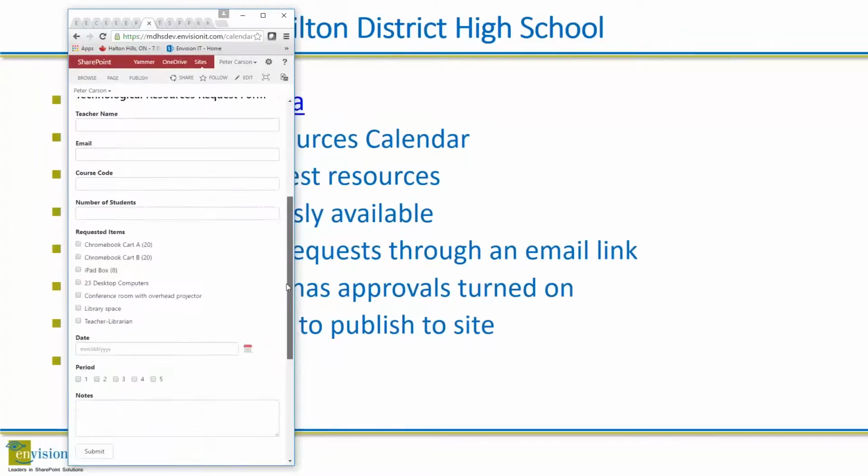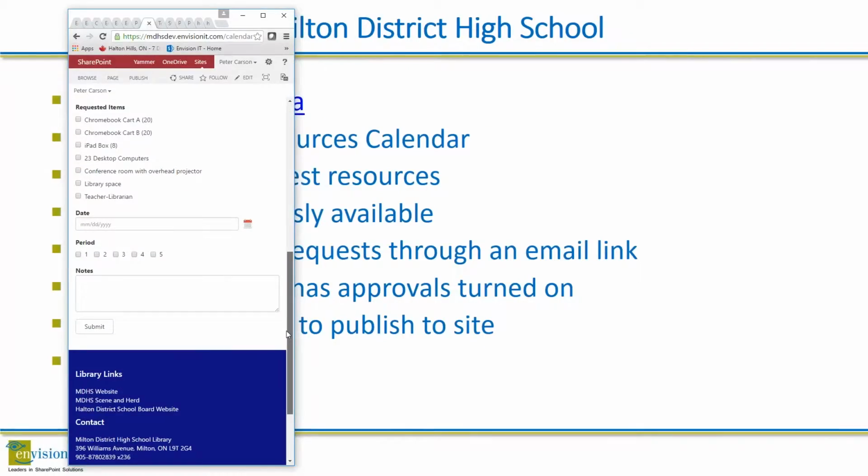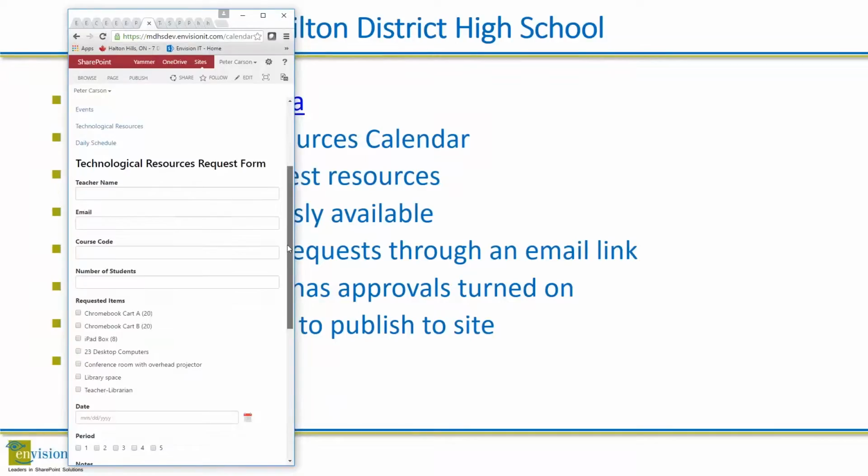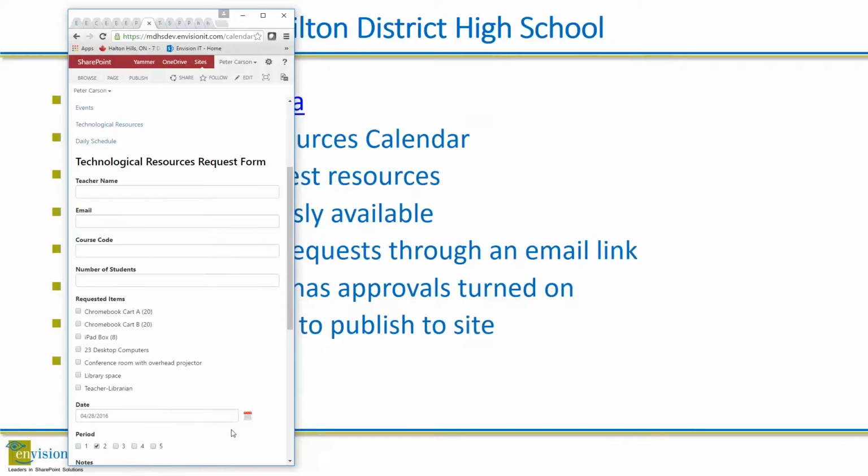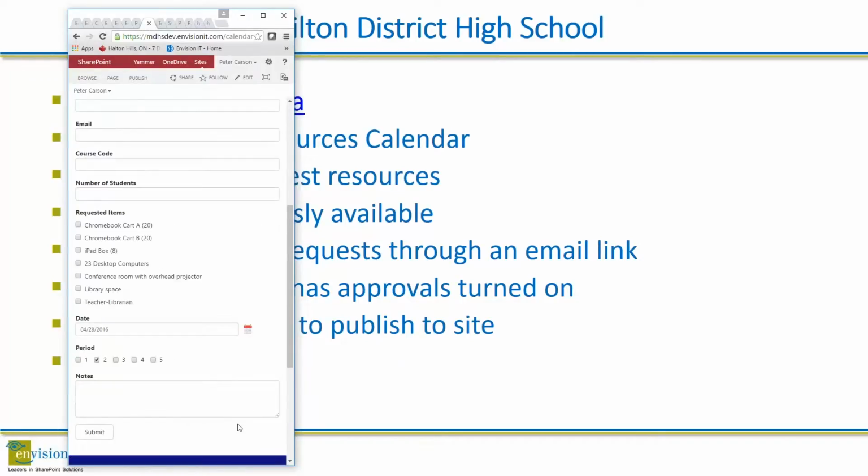So if I click that link, it's going to take me to that HTML view of that form, still within SharePoint itself. So I've still got my main nav, my breadcrumb, my left nav and such. So it feels like I'm in the same site because I am in fact still in the same site. This is just a content editor web part pointing to a block of HTML that presents up this form. The whole site's being built with Twitter Bootstrap from a responsive point of view. So if I pull this site down,